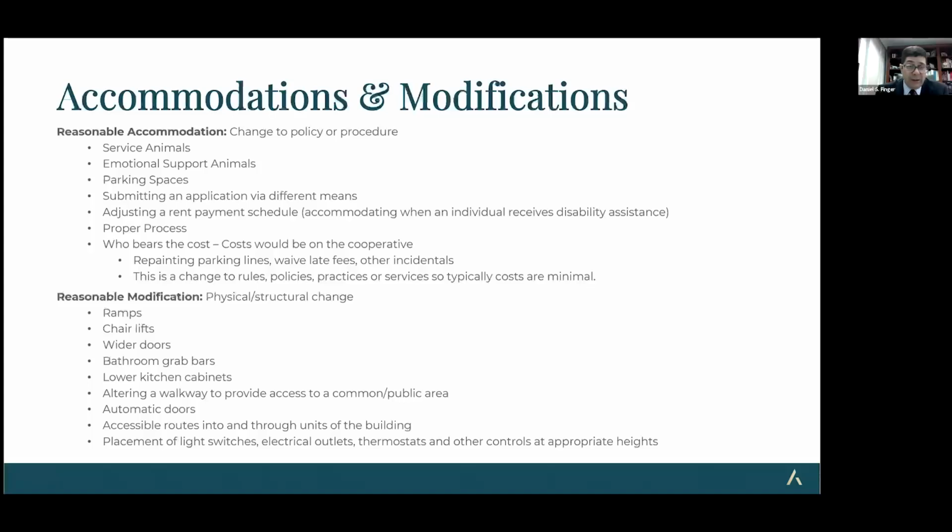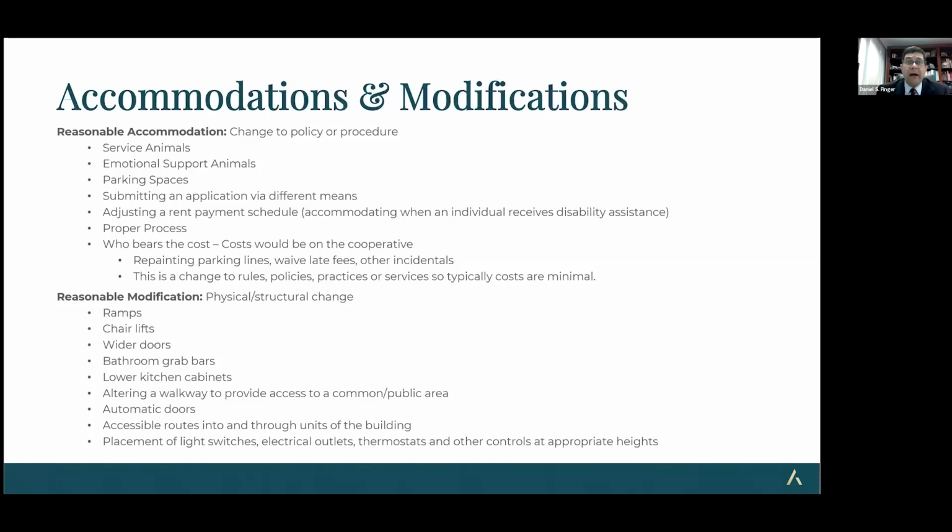Sometimes somebody might need a parking space closer to the building, or a preferred parking space. Or if there's a wait list, they might need a parking space and they might need to jump the wait list. And things like that, submitting an application a different way, or adjusting their maintenance or common charges payment schedule based on when they get their assistance. Those are all